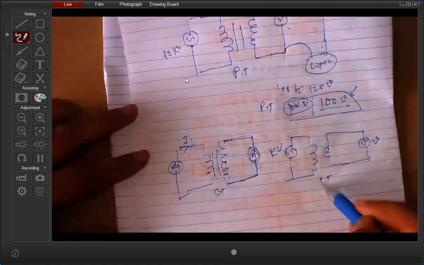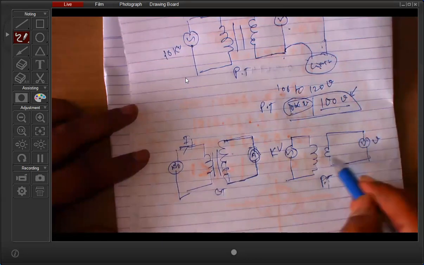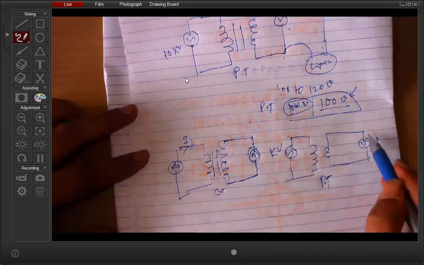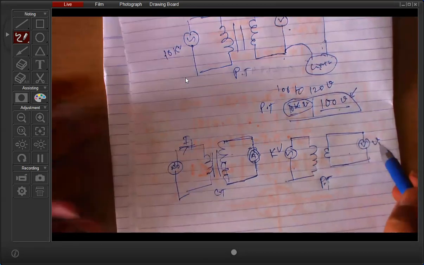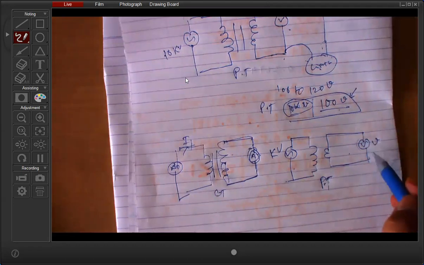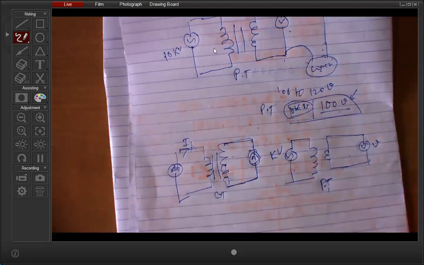What is the load across the secondary in current transformer? Sir, ammeter. Yes, ammeter. Very good. And suppose there is one high voltage, what is the load across the secondary? Voltmeter. So that means in current transformer, the secondary winding is short circuited through the ammeter, and the secondary winding of potential transformer behaves as an open circuit, because there is no other load than the voltmeter, which is used just for measurement of the secondary voltage. So the secondary winding of current transformer works as a short circuit, and the secondary winding of potential transformer works as an open circuit.